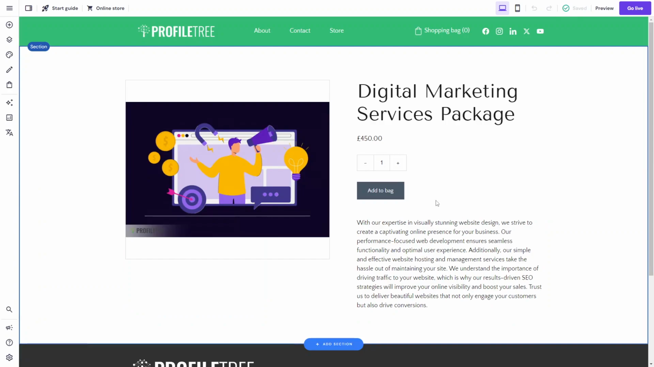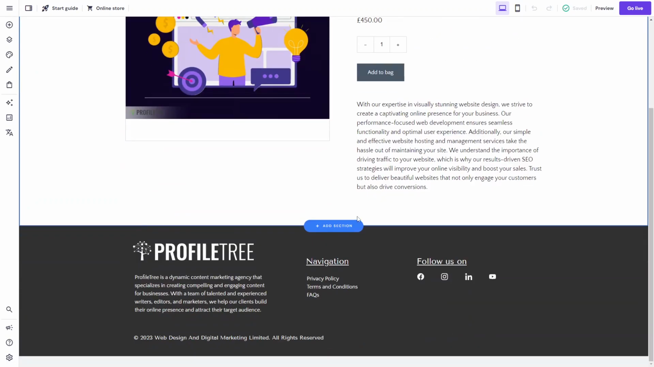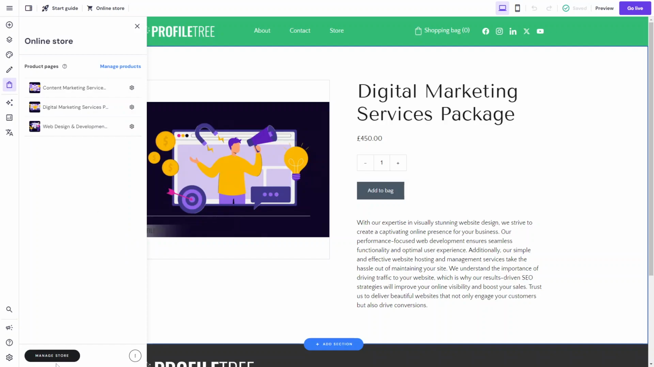And we click into it, and we can also see this section here, and this template is already designed out. We've got the title, we've got the description, and you can add more sections to add to this, but right now we can leave it as is. But yeah, so that is as simple as that. If we go back to our online store and go to Manage Store,